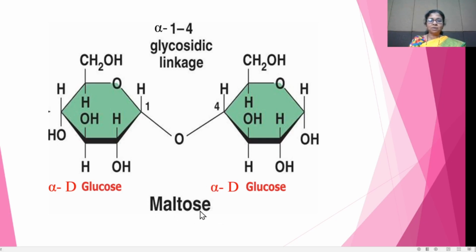This maltose is a reducing sugar, because there is the presence of a free aldehydic group. Only one molecule of glucose uses the OH group from its anomeric carbon atom, while the second molecule keeps its anomeric carbon OH group. Therefore, this type of disaccharide is a reducing sugar. It reduces Fehling's solution and gives reducing properties, and therefore maltose is a reducing sugar.